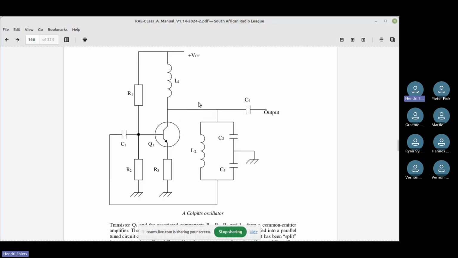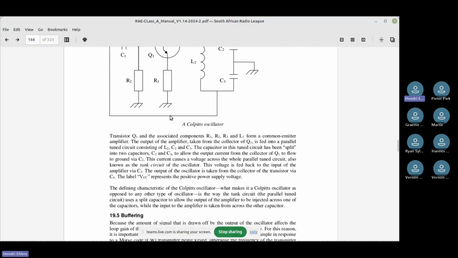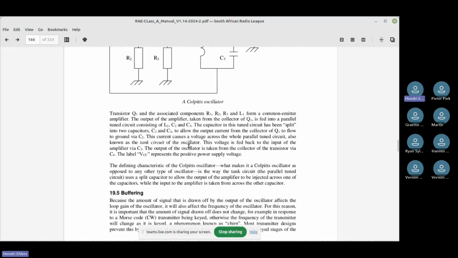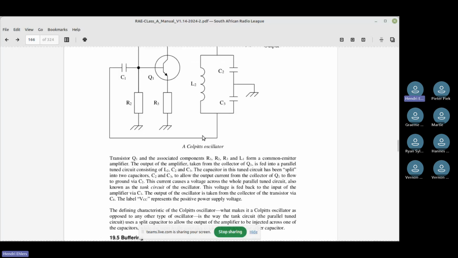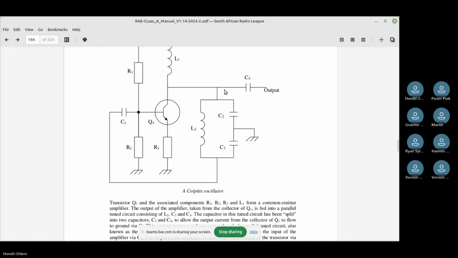So we need to identify this circuit. Here they will explain to you exactly what each one of these components does, but we don't need to know that for the exam. However, when you bleed off this circuit, the load you put onto your oscillating circuit might interfere with your oscillating frequency.